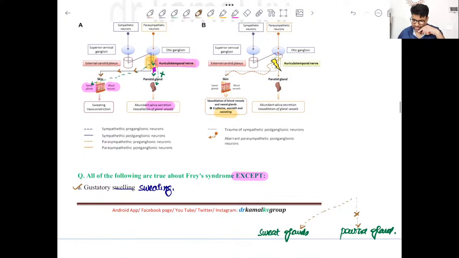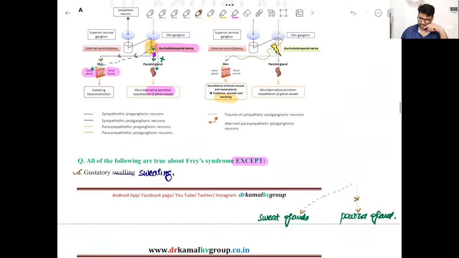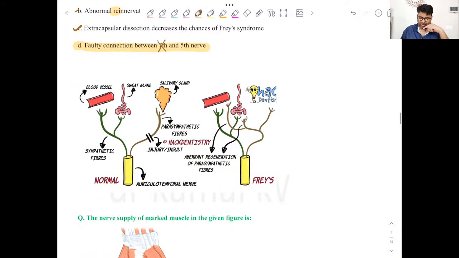So I think this is clear to all of you now. Okay, so again, if we can see here, this is the auriculotemporal nerve, and then there are two fibers: the sympathetic fibers, which are importantly in discussion part, which go to the sweat glands and promote secretion of sweat, and the other fibers are the parasympathetic fibers, which go to the parotid and lead to secretion of saliva. Now what happens when there is injury to this parasympathetic part, and when there is a process of regeneration or